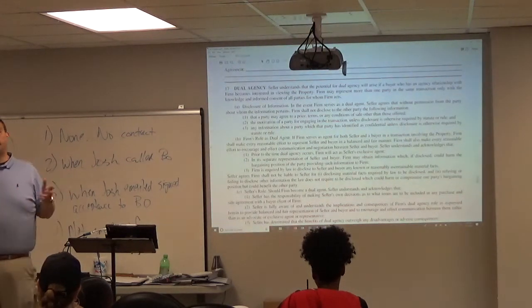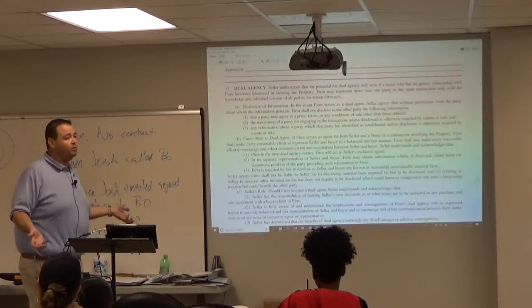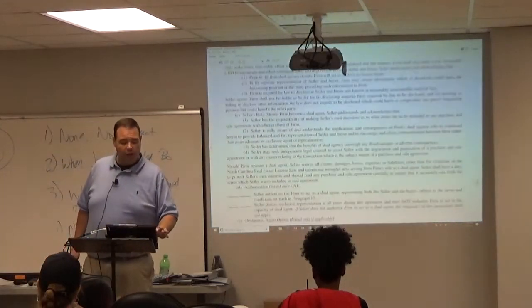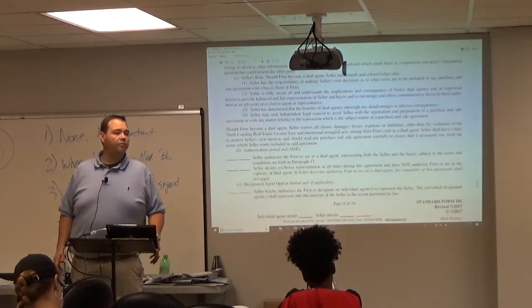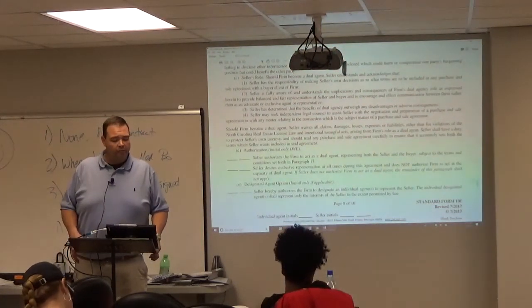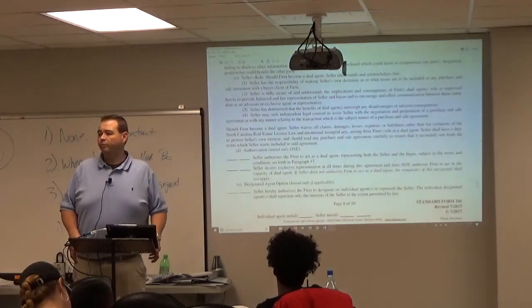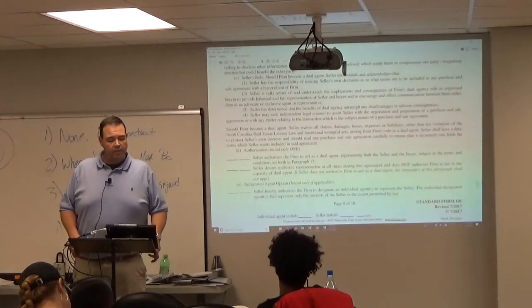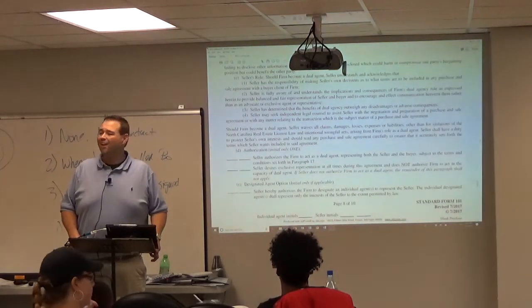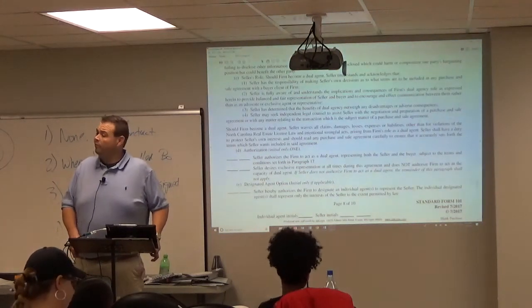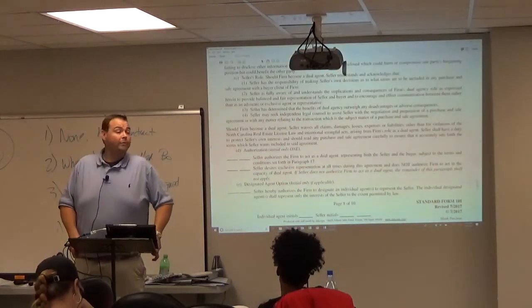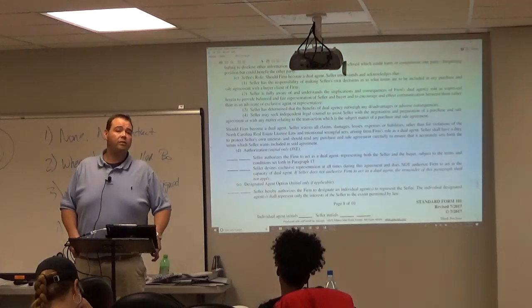So rather than scare them to death and spend 20 minutes explaining something that's not going to happen, if you scroll down, look at those lines down at the bottom. There are 3 initial lines down there. Look at the middle one. It says the seller desires what? Exclusive representation at all times and does not authorize dual agency. So I would have them initial right there. I don't need to explain dual agency because it's not going to happen.